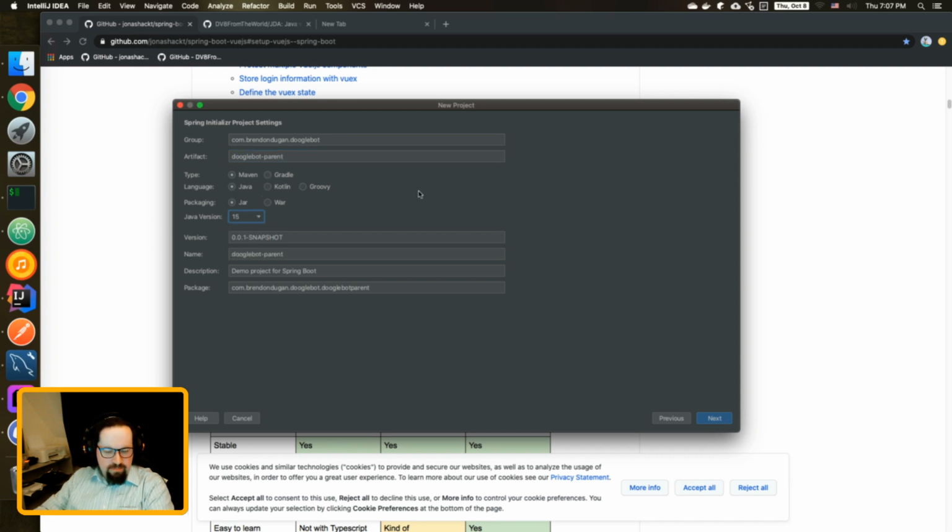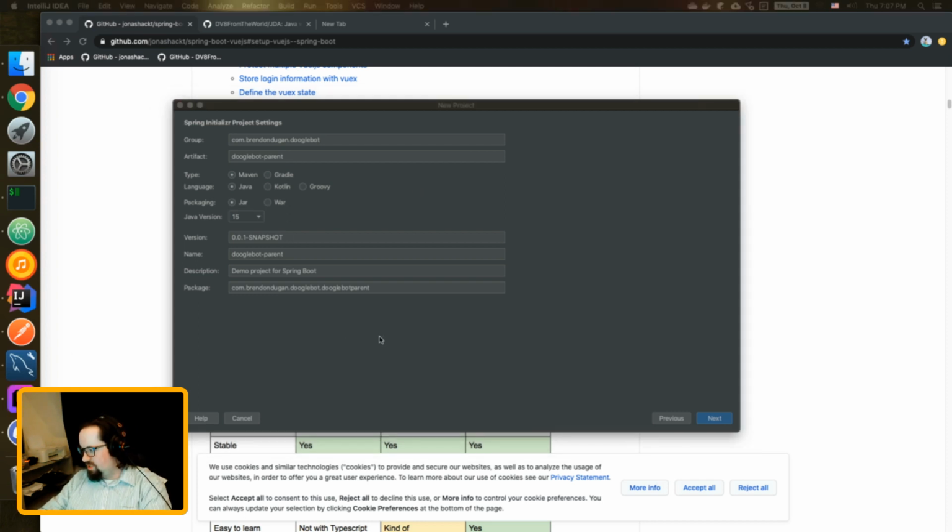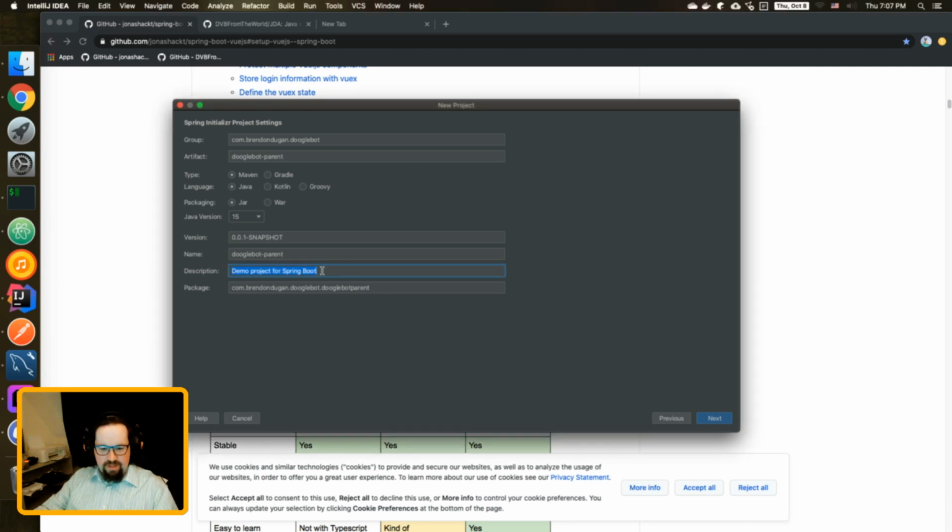Unfortunately, Maven does not allow multiple inheritance, and so we're going to have the parent POM inherit from Spring Boot, and then we are going to have all of the other POMs inherit off of this. And so we go ahead and say this is the